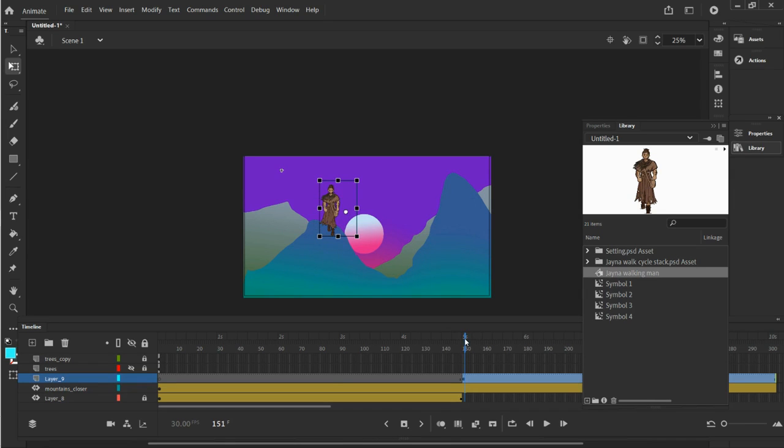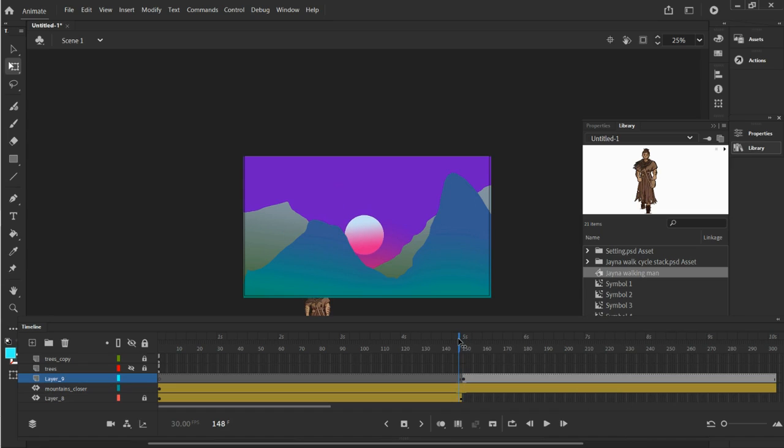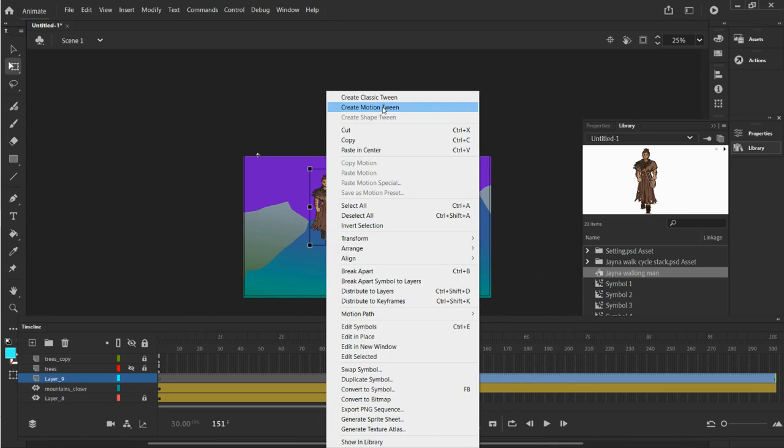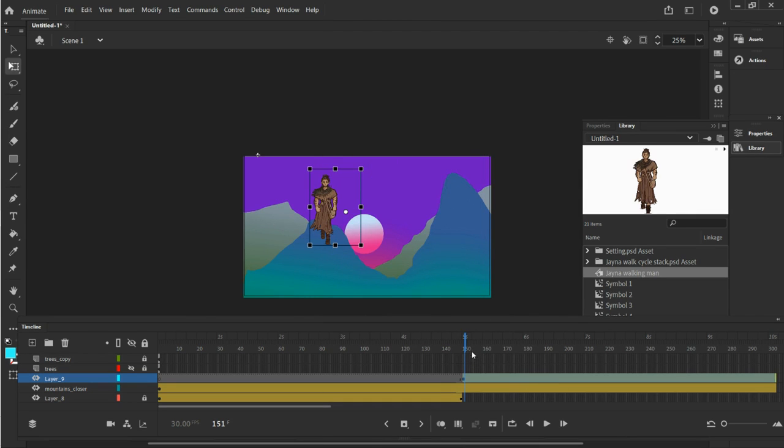So let's see. If I go back here, he should get bigger. Let me hold the shift key and make him a little larger. There we go. There he is. All right, so I'm going to right click, create motion tween. So it starts here,